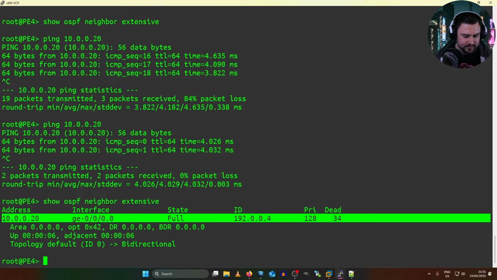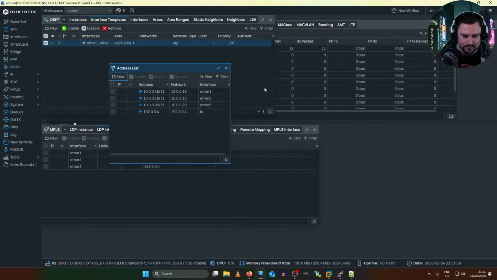So, if I want to check something more in depth, I maybe want to enable traffic engineering for OSPF as well, since we're not running IS-IS. And I'm not even sure if traffic engineering works on IS-IS with MikroTik. When I tested months ago, maybe even when it just came out, it wasn't working properly.